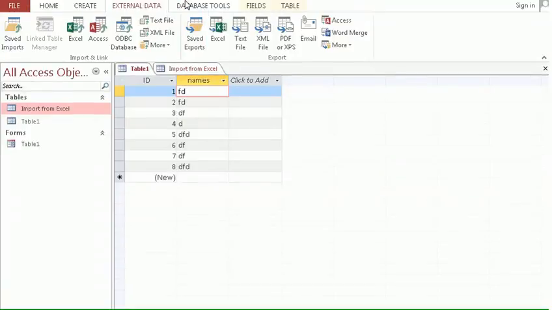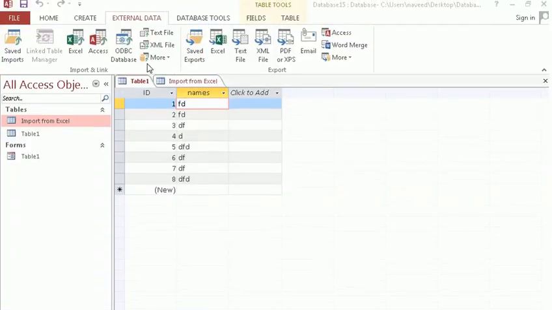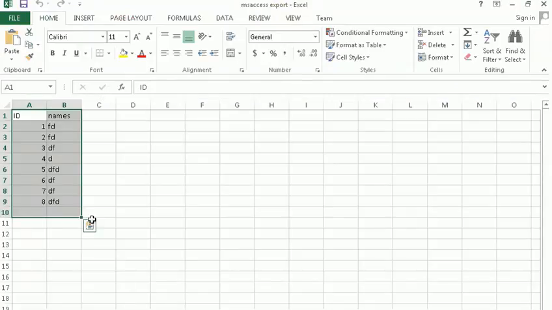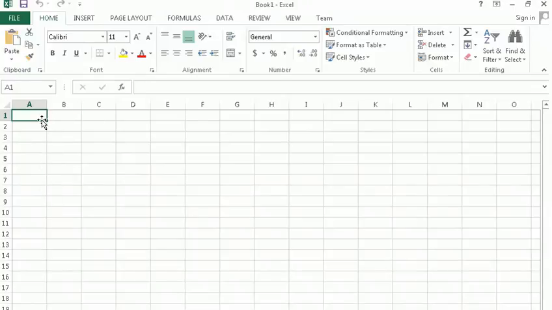Now we have learned how to export. Now we will learn how to import. So I will go to the same sheet, or you can also take a new sheet. I'm taking a new sheet and I'm giving names here, for example, and here I'm typing Naveed,